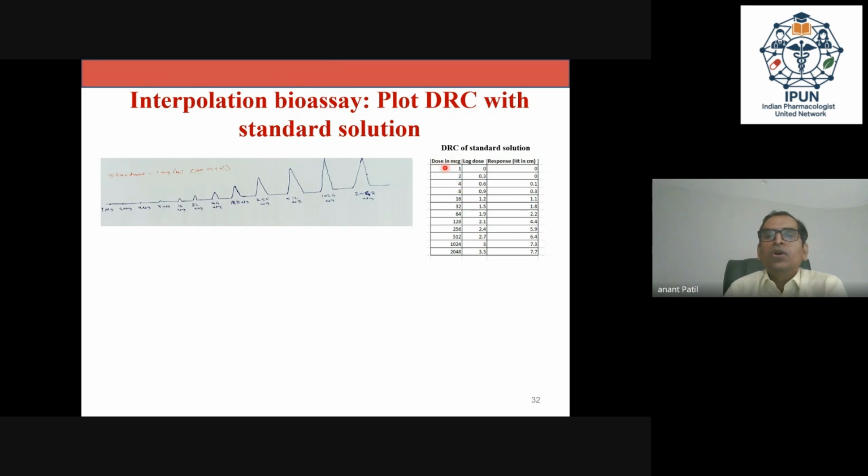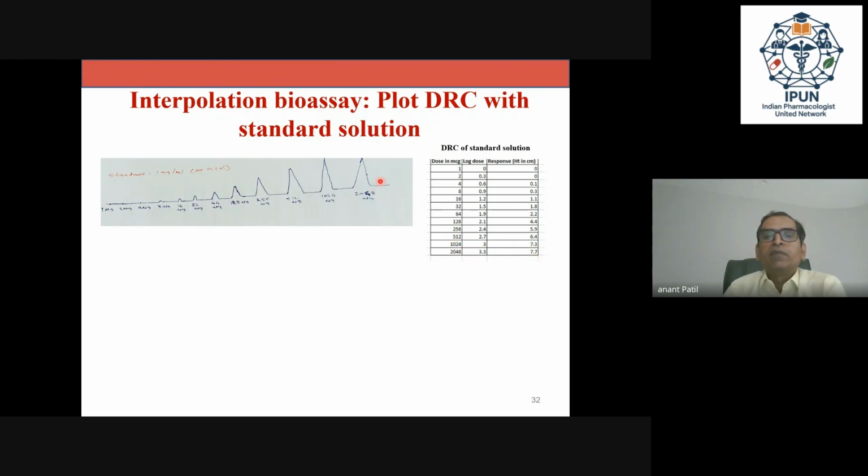So this is how the dose is here. Log dose, I will use the log table. I'm going to show you how to calculate the log of each of these values. And then this has been fixed on the kymograph. Then in the shellac solution, I have fixed it. And by using the scale, I measure the centimeters. I know what are the centimeters here. For example, one has given me no response, so it becomes 0 centimeter. Whereas the last one, it has given me